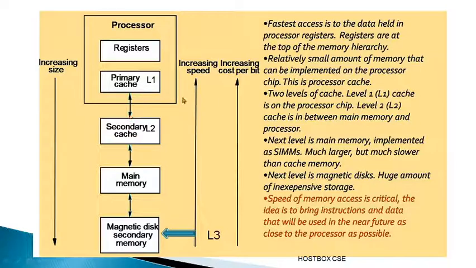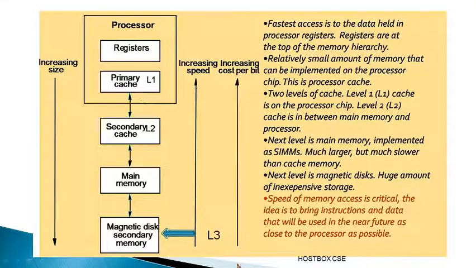And the next one is cache. Many times I told you about this; I have a separate session called introduction to cache memory, and its connection with other concepts. Cache is the fastest memory unit, located between the processor and the main memory. What is the use of cache? It speeds up the data.